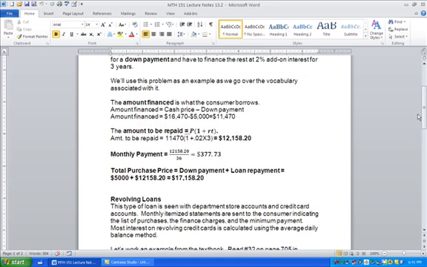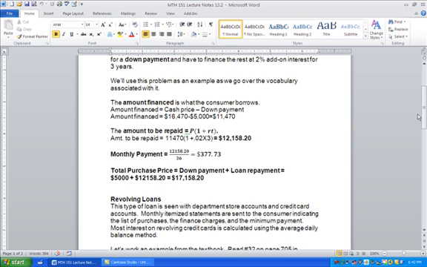Okay, now suppose we recognize that we have only $5,000 to place down on the car, so the amount financed will be $16,470 minus the $5,000, and I'm excluding fees and tags and so forth. We're just looking at a situation where you would be purchasing the car, and perhaps you can think of the $16,470 as the total you will need, including taxes, etc. Okay, so that means that we need to finance